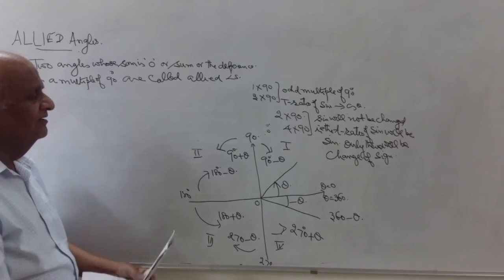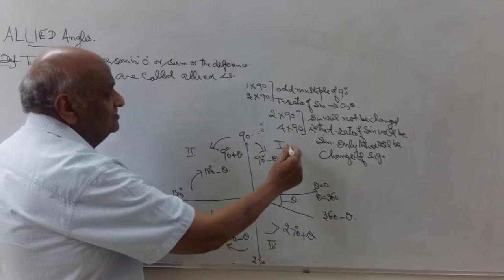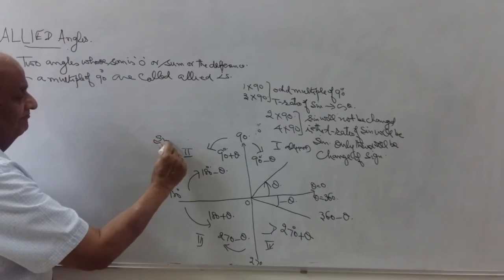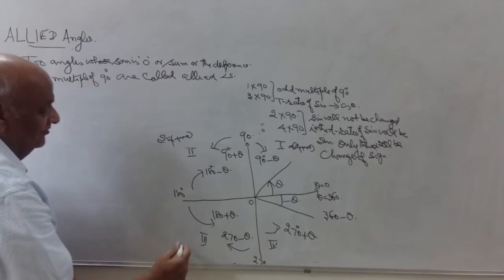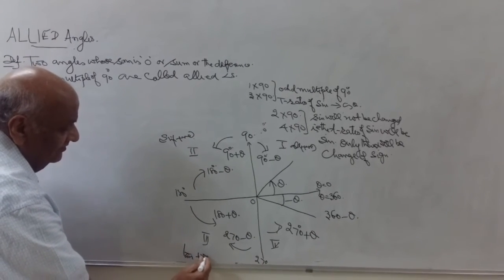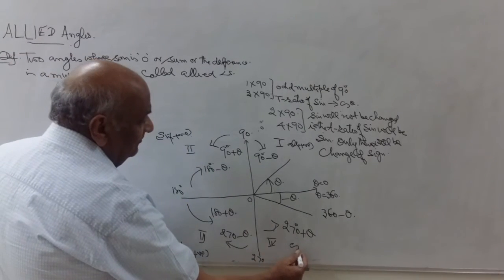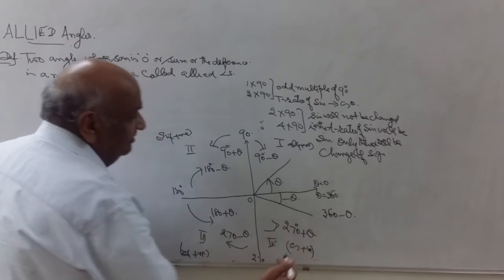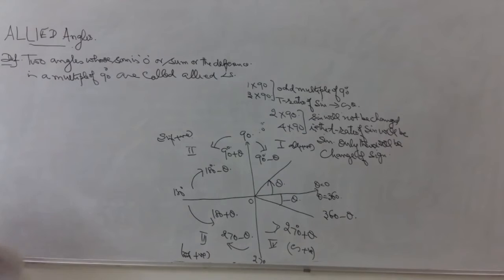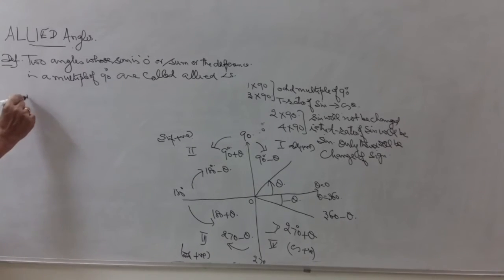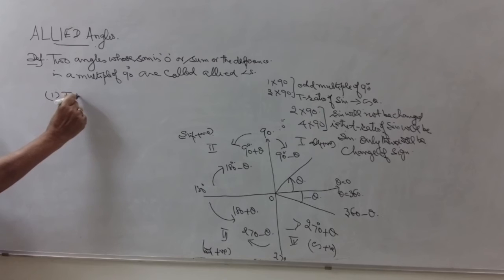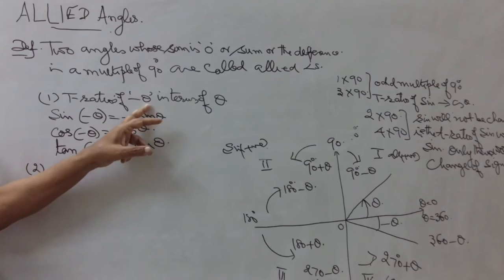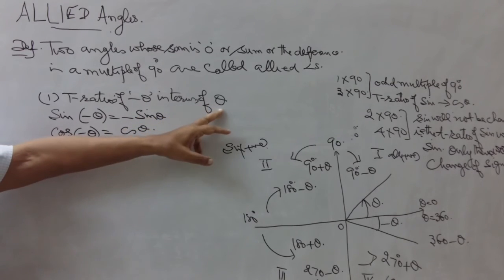And in the second quadrant, the sign convention, like in the first all are positive, it is sine positive. Then you have tan positive, in the case of this cos positive. Cos theta positive. This sign convention you must remember. Now if this much is clear, let us write down the values. Say t ratios of minus theta in terms of theta.